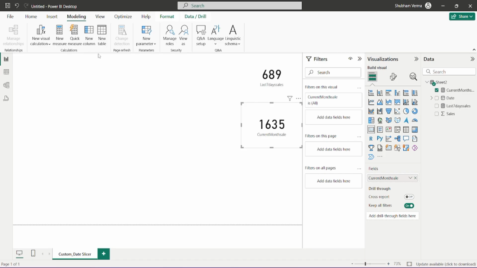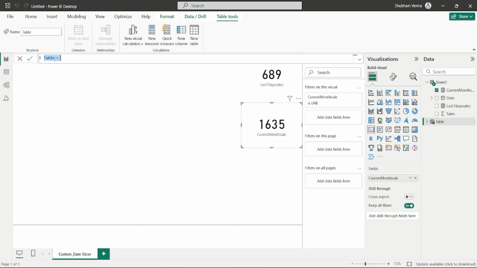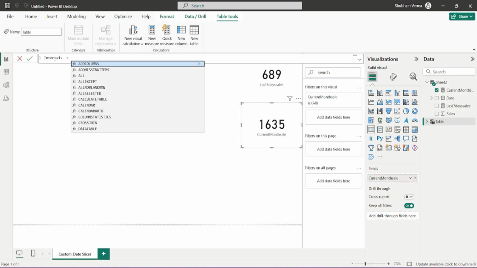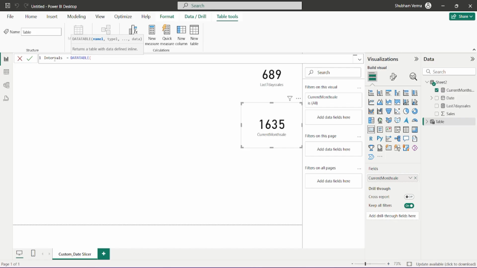So I will simply go ahead under this new table and I will rename this table name as intervals. And now let's create a table with the help of the DAX function named DATATABLE. With the help of the DATATABLE DAX function, guys, you can create your own table. So the first parameter says name 1. So here I will take the column header. My first column header would be intervals, double quotes close, comma, and now I need to define the data type of that column. So my column data type should be string. So I'll take string, which is text, comma,